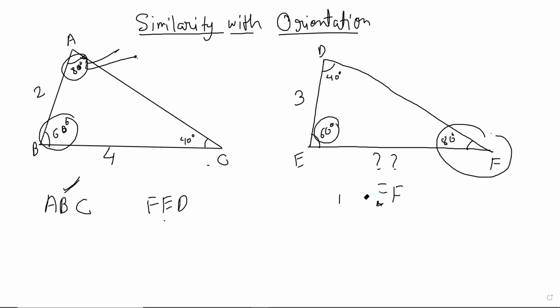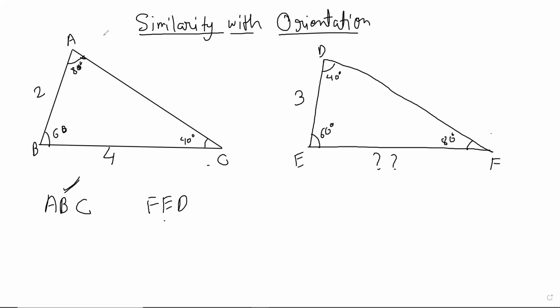Okay. I'll just draw the figure again so that it looks exactly similar. So that I can orient it for those who are still maybe not very clear. Here is what's important. You have to put them in the same orientation. So 80 degree is the F. So I'll put the F there. Then, very carefully, I have to put the 60 degree. I put the E. That's the 60 degree. And then I have to put the 40 here.